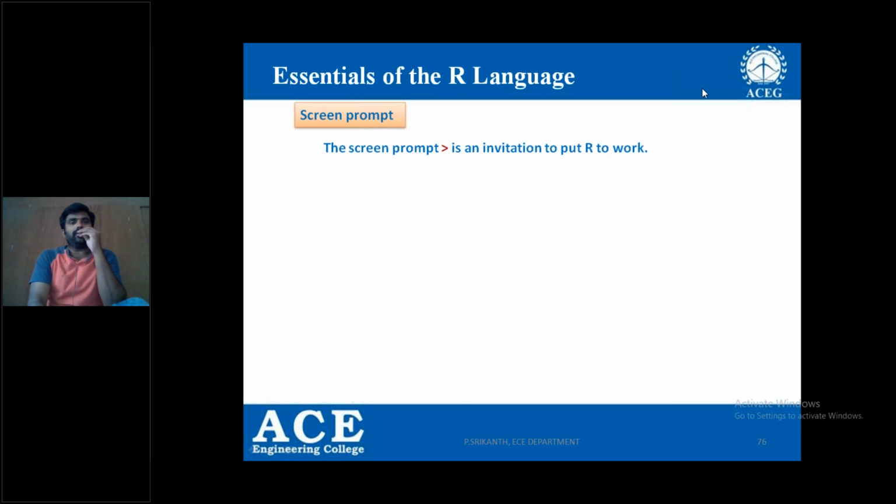So here, basically, in the last class, I executed some of the commands in the RStudio platform. In the RStudio platform, you might have observed while writing the code, I used this type of prompt. It is the basic prompt we use while writing the code in the console window or editor window.